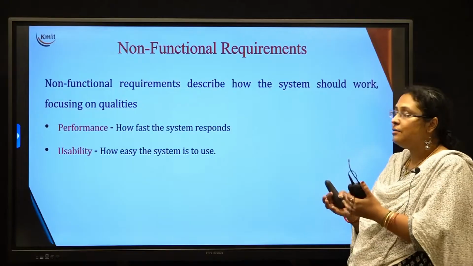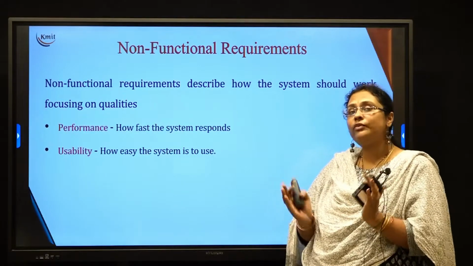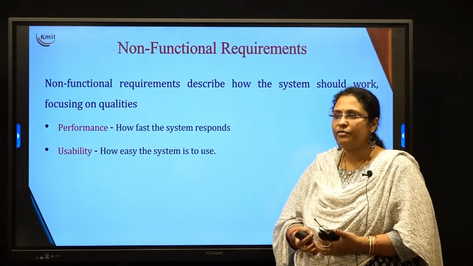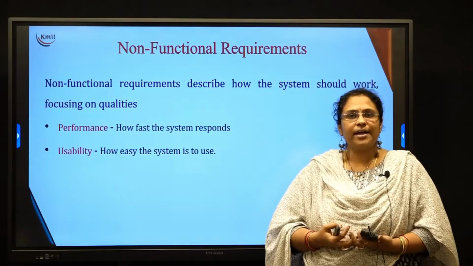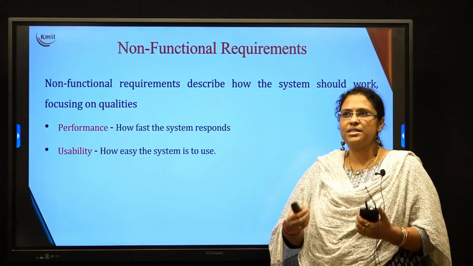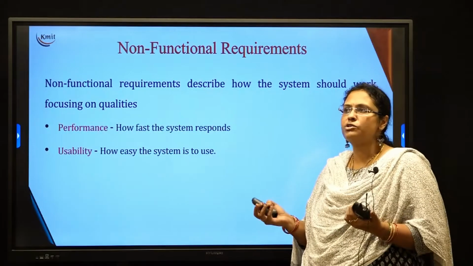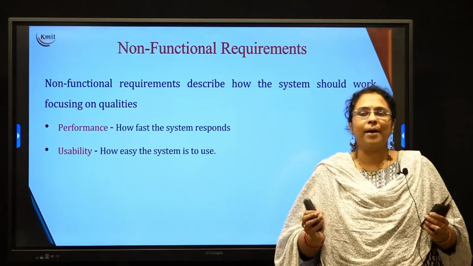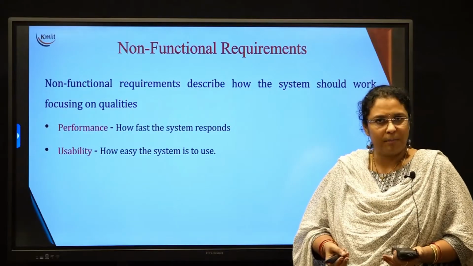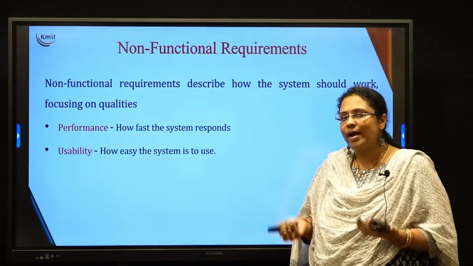These requirements will actually make or improve the quality of the software. Like for example, the software that I am developing should give quick response to the user. That means if any action is performed within 2 seconds, it has to respond. Or this particular software should not occupy more than 500 MB of your memory. So these are not asked by the customer, but we are trying to provide it to the customer.